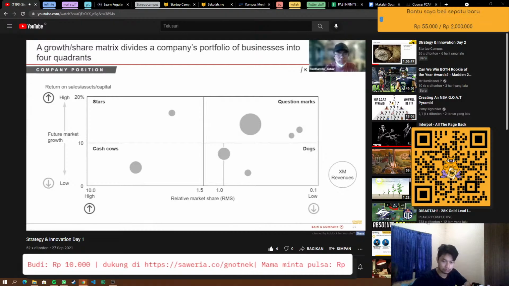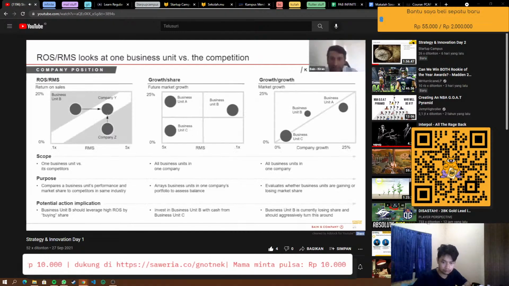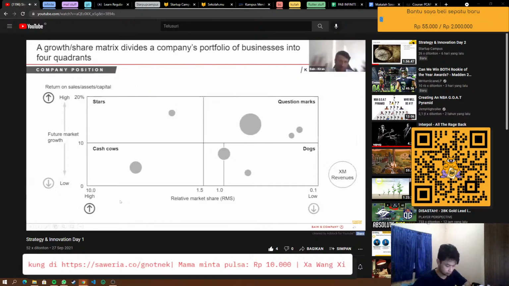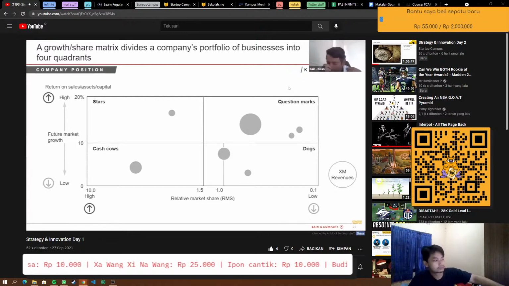Okay, so this is one that you might have already seen. This is the growth share matrix. What you're seeing in the middle here is what this is. This you might have seen in some other way or in another definition. But the way that we think about this is it takes a portfolio, right? So your company has multiple products or you're a venture capital firm and you have multiple investments, and you plot